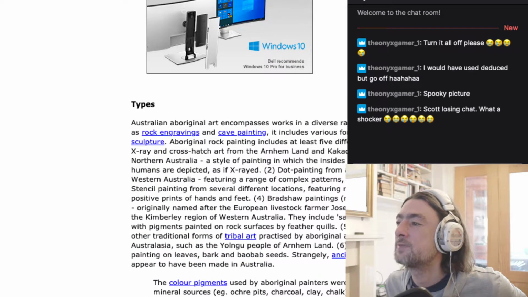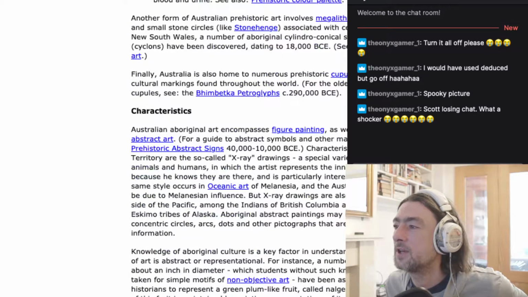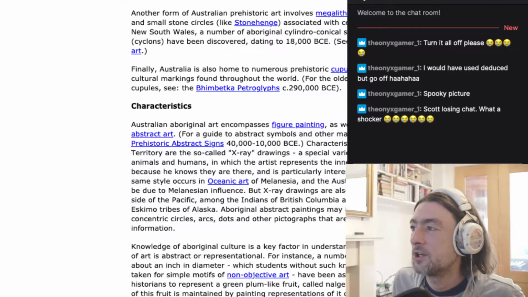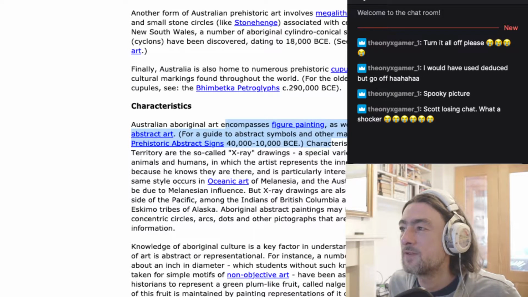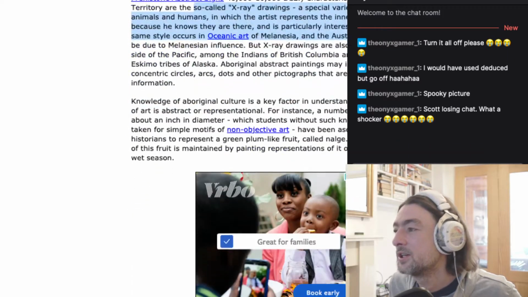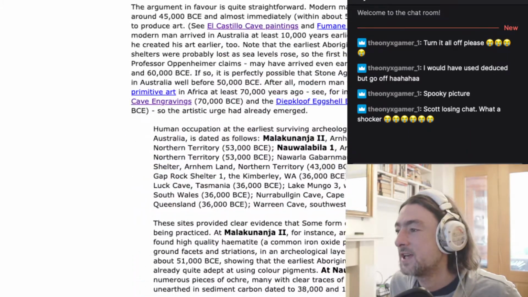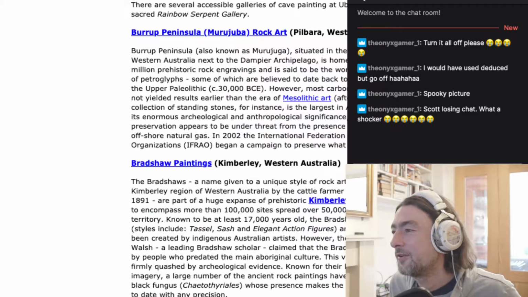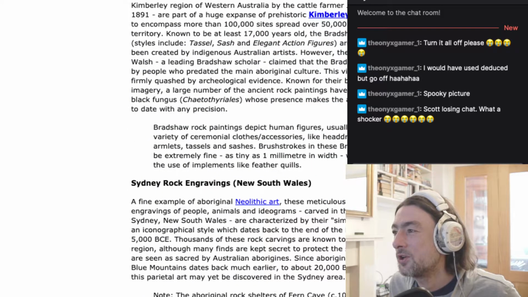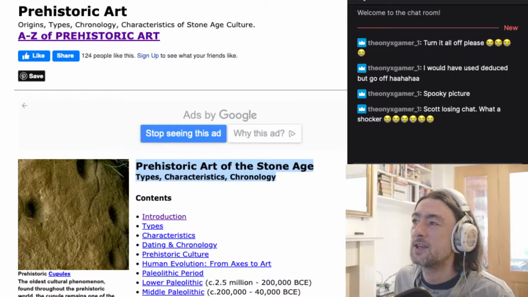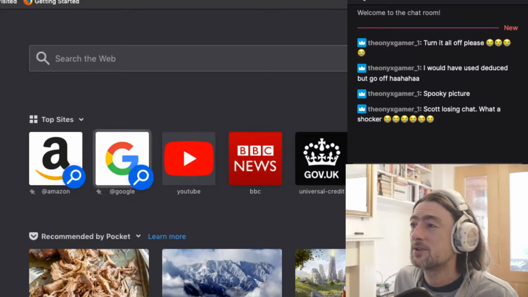I'm looking for an explanation of the Bradshaws. That's what I'm looking at. Characteristics. Aboriginal art encompasses figure painting as well as forms of abstract art. The X-ray drawings come up again, so I'd like to see some X-ray drawings. So we've got Bradshaws and X-ray drawings, dating, human chronology, Sydney rock engravings collections. So I'm looking for this, and okay, I'm going to get Google out for once because